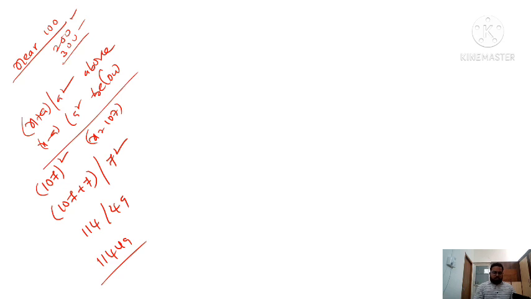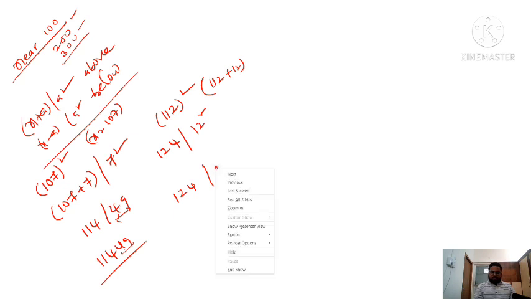If in this case three numbers are there, you have to write two numbers, and one number is added to this number. For example, 112 whole square. How much is above? 12 is above. So 112 plus 12 is 124, then 12 square is 144. So 44 you have to write, and 1 is added to this number, 125.